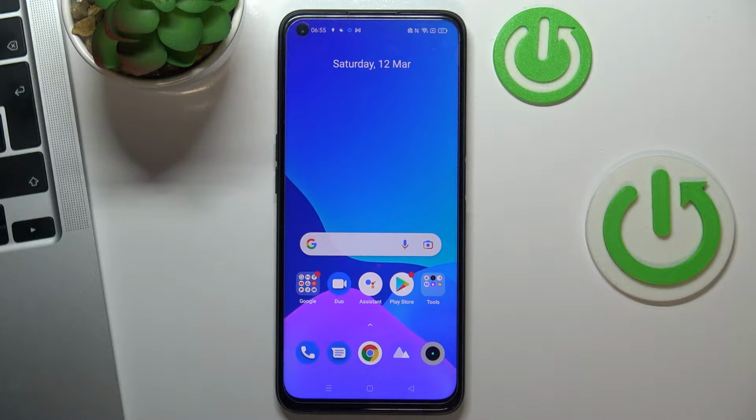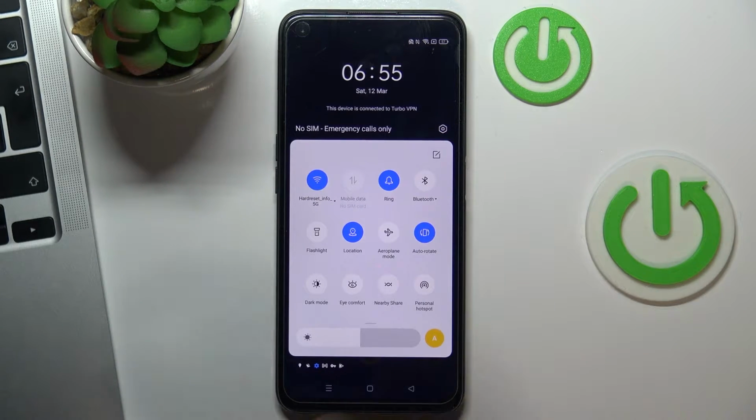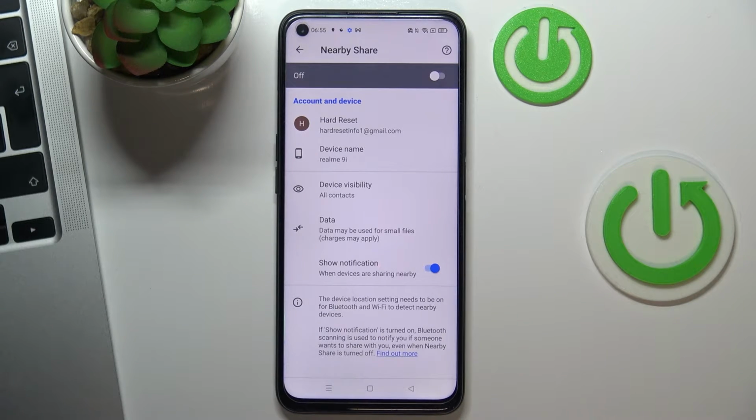In this video I'll show you how to set up the nearby share on your Realme 9i device. First, you need to open the control panel. Then find the nearby share here, tap and hold on it. Cool, now